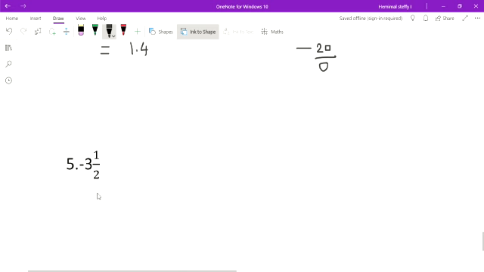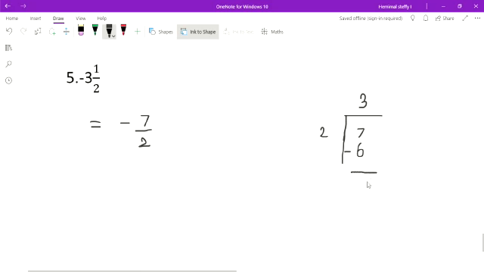And the next number, the fifth one, is also a mixed fraction. First step, change to an improper fraction. 3 twos are 6. 6 plus 1, 7. 7 by 2. Here there is a minus, I put the minus. Then I am going to divide. Take 7 and 2. How many times? 3 twos are 6. So 7 minus 6 equals 1.